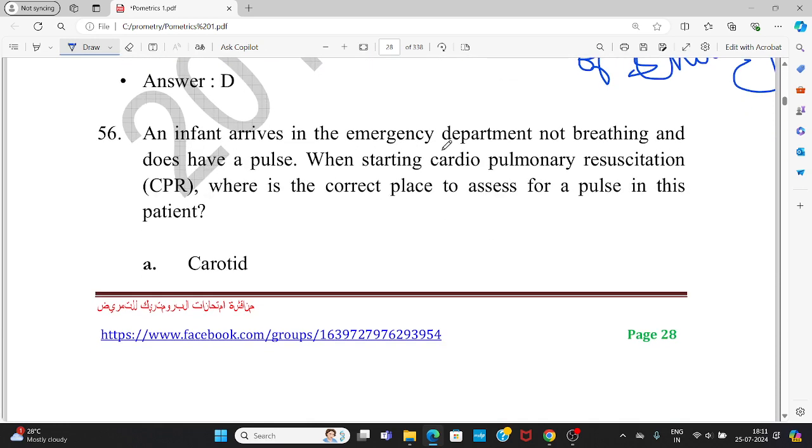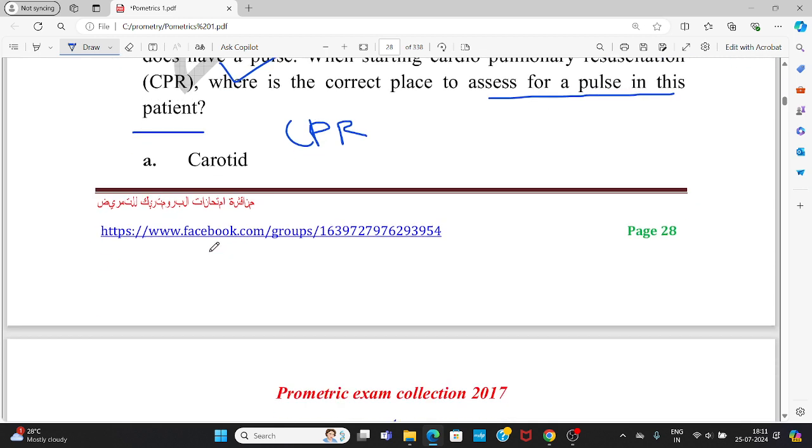An infant arrives in emergency department, not breathing and does have a pulse. There is no breathing, okay, breathing is not there and it has a pulse. When starting CPR, where is the correct place to assess for a pulse in this patient? So you're going to start CPR. The patient doesn't have a peripheral pulse. So where? Carotid,